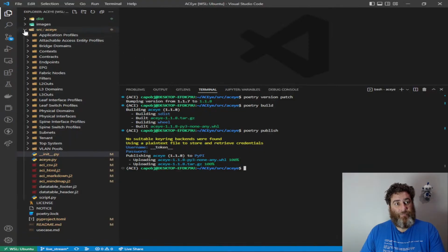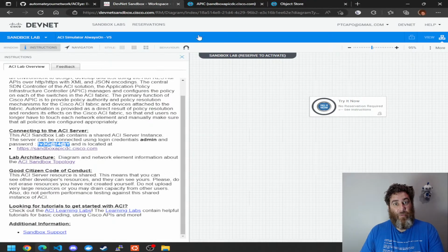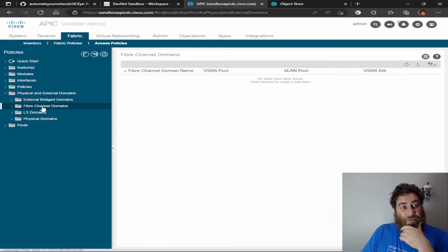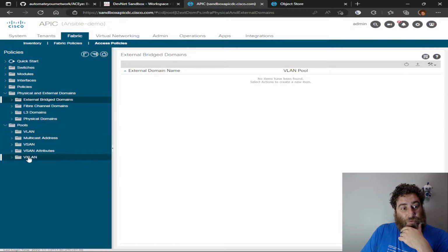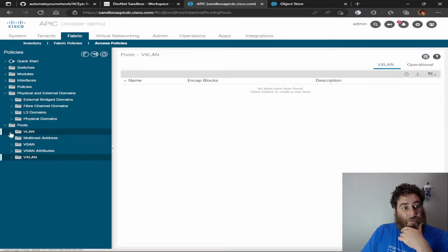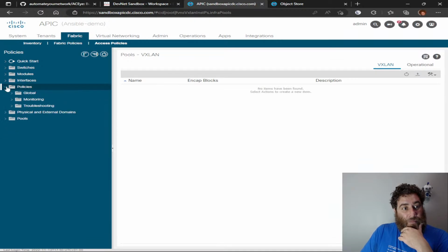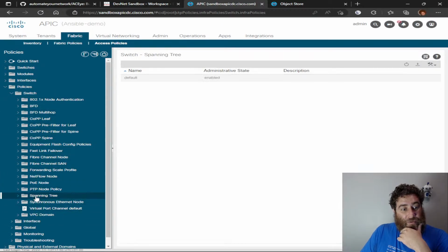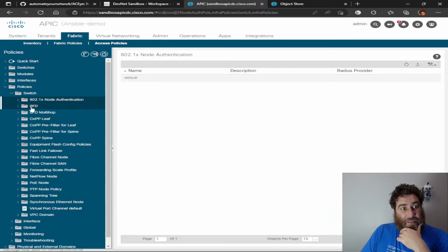Now, I don't want to say I'm running out of APIs, but we may have to go poke around the APIC to find some more valuable APIs. Now, I don't know, see there are no fiber channel or external bridge domains. I've already done the VLAN pools. Are there VXLAN pools? No. I mean, I could pick any of these policies and do those as well. I don't know that there are any policies. They all have a default policy, but